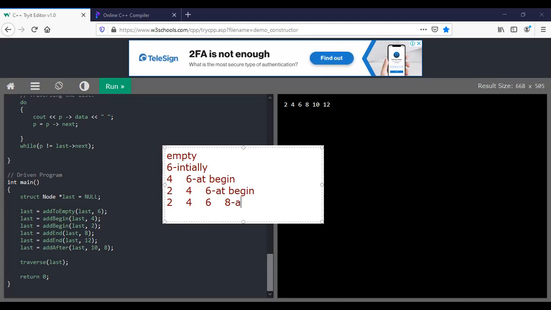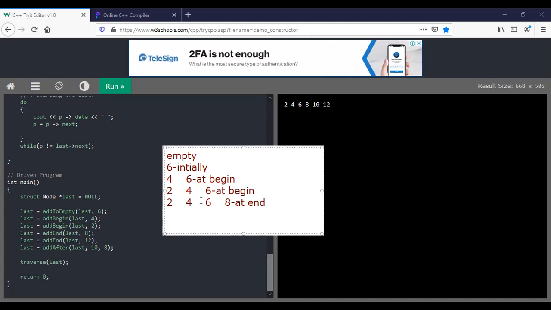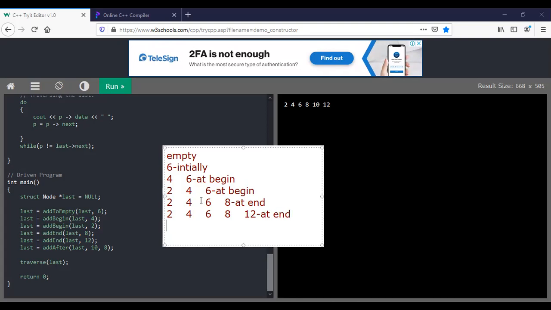Here what I am doing is add at end. Next, at the end I have also added 2, 4, 6, 8 and then next 12, that is also at end.